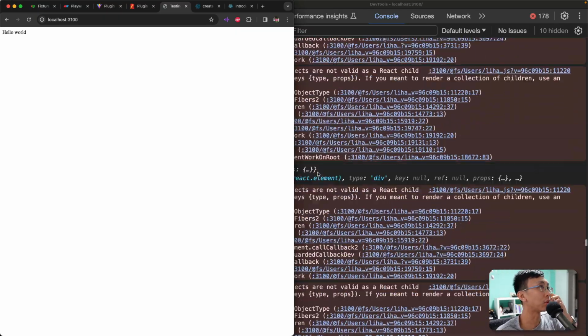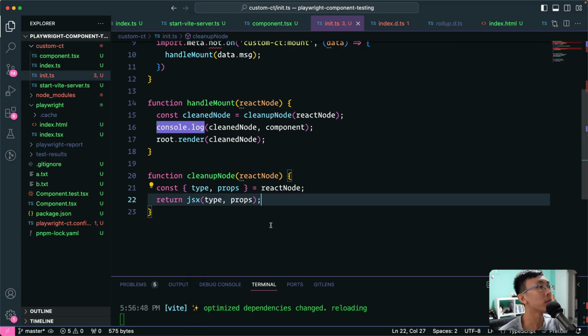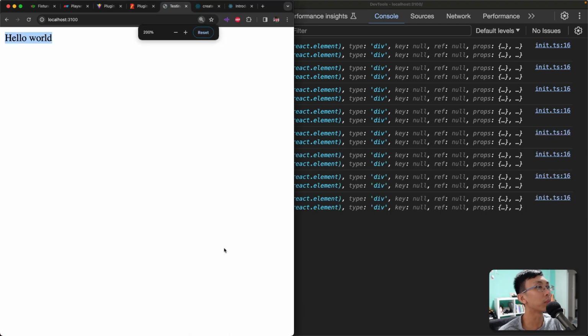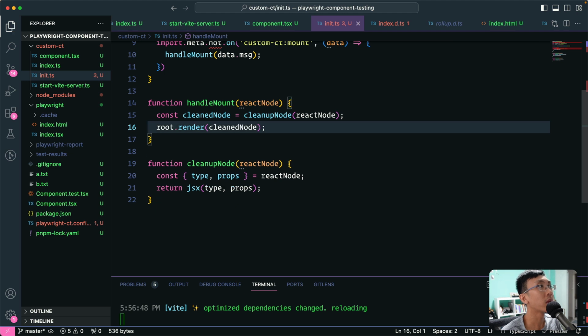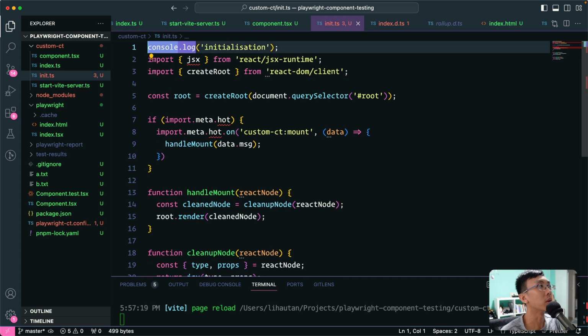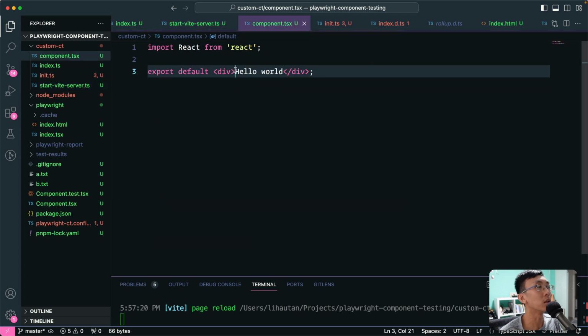So let React create that whole tree structure itself instead. Right, so now it works. You can see that there's a hello world that's being mounted over here, right? So let me clean this up. I think we might need to handle a slightly more complex node, right? So if we have something like a component that is a nested component, a button, hello,